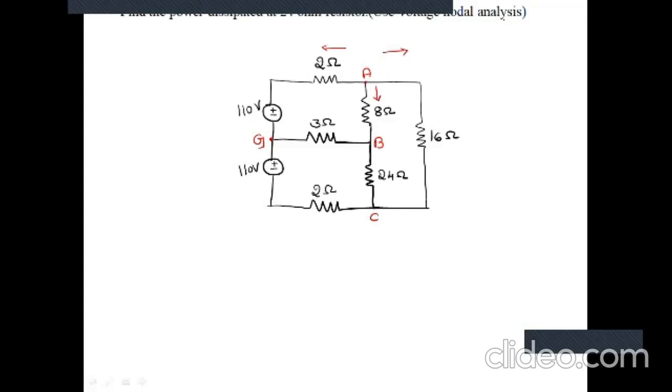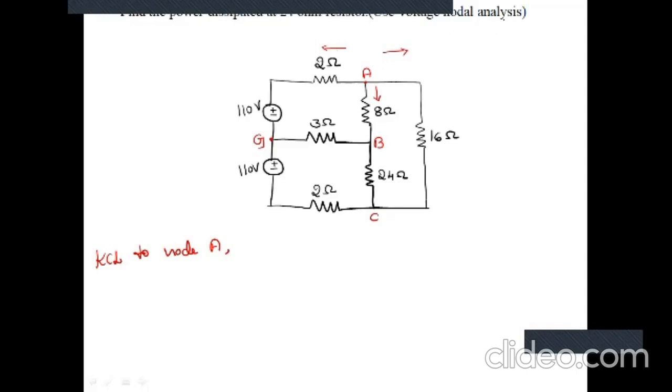Now let me apply KCL to node A. So how are you going to write the currents? You're going to find the potential difference across the branch divided by resistance. You are using your simple Ohm's law to write the currents. As per KCL, the algebraic sum of all the currents at a node is equal to 0. Again, Kirchhoff's current law says all the outgoing currents equal the incoming currents. That's a simple way to explain that.